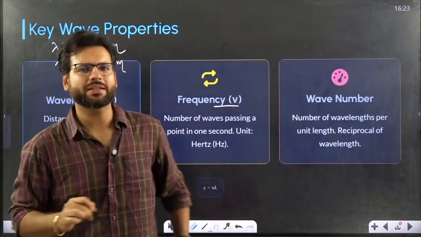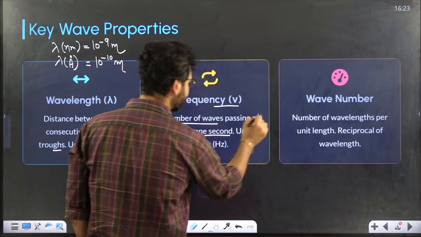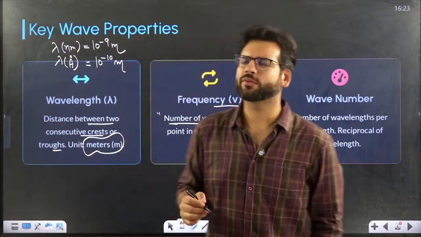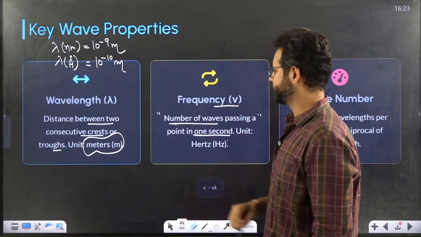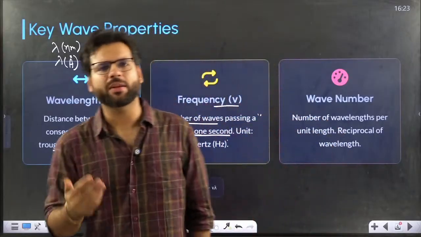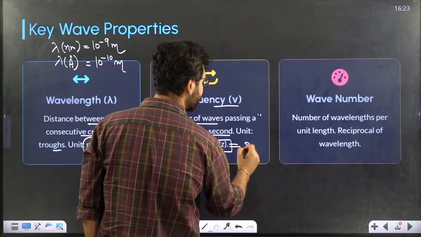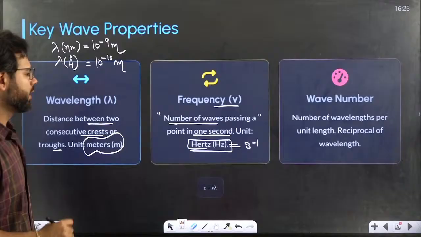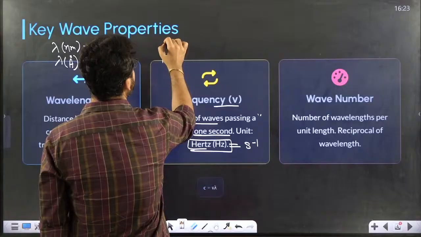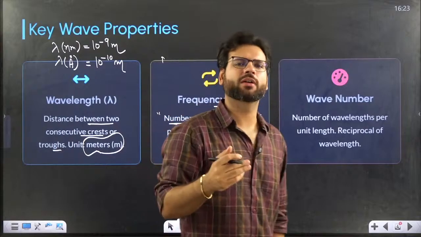Frequency means the number of waves which pass through a point in 1 second. So its units will be number by time. Number doesn't have any unit, as we know, so it is just time inverse. So the units of frequency will be time inverse or hertz. A hertz means second minus 1. So this is frequency, and the units are second minus 1. Now generally the frequency of light will be so high that we will not study it in